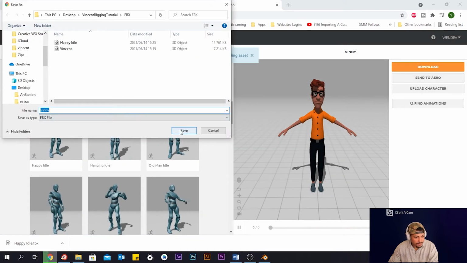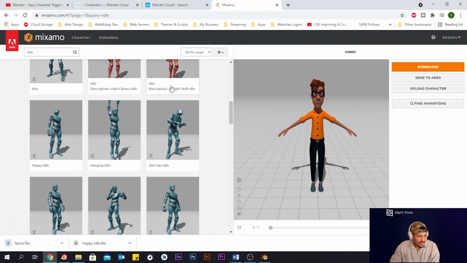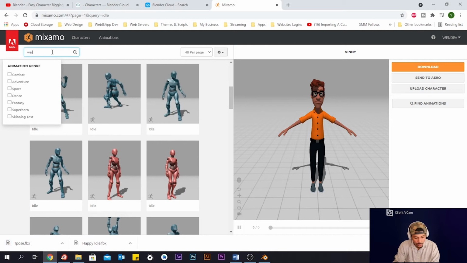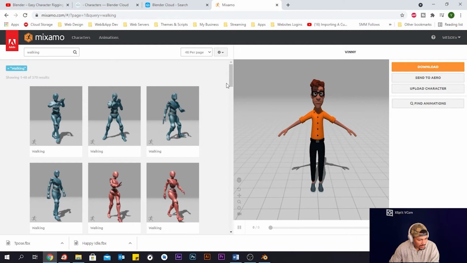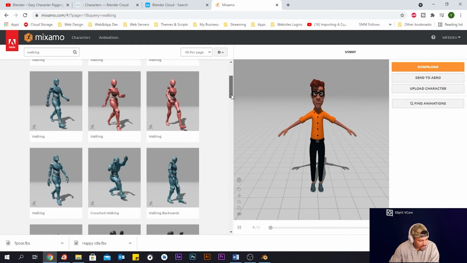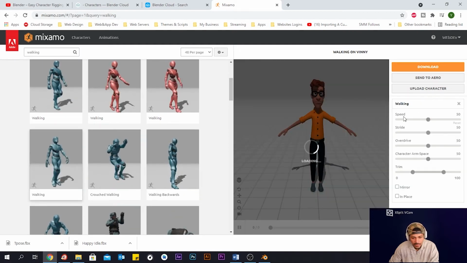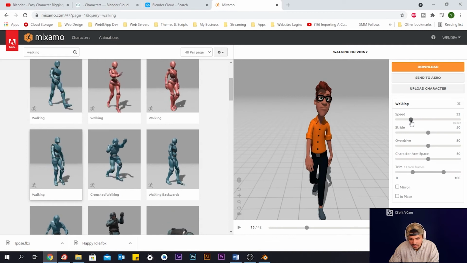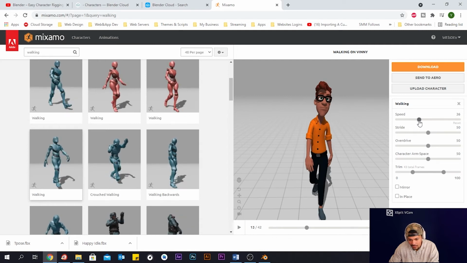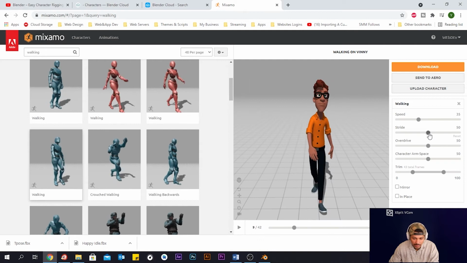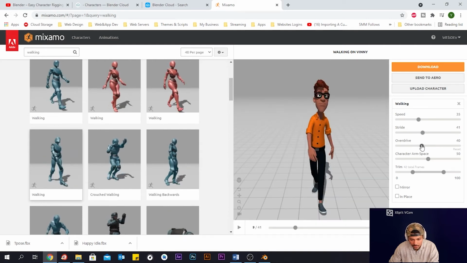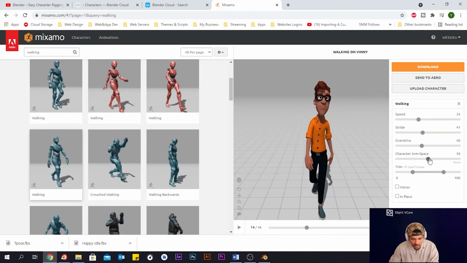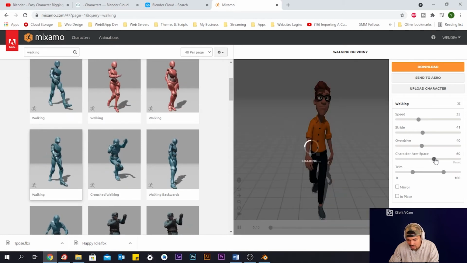Awesome. I'll just call that T-pose, and then I'm going to look for one called walking, and I'm just going to look for general, yeah, so this one. I'm going to drop the speed down to about 35, the stride to about 40, overdrive down to 40, and then arm space up to 60,